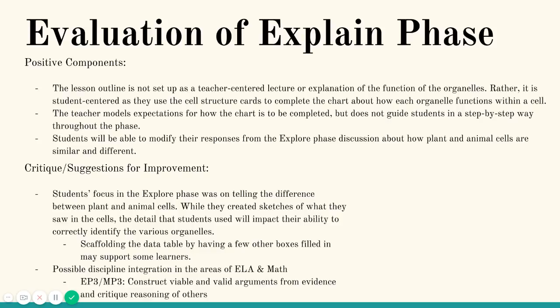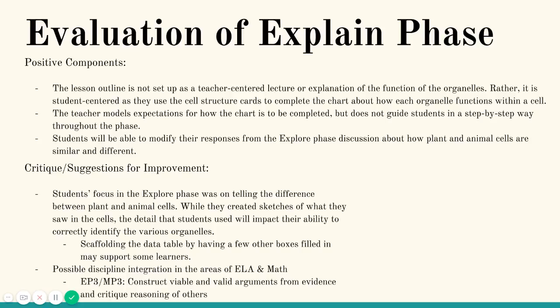phase was on telling the difference between plant and animal cells, as well as looking at the organelles that they could see. During that phase, they needed to create sketches of what they saw. However, the detail that students use may impact their ability to correctly identify the various organelles. It could be useful to